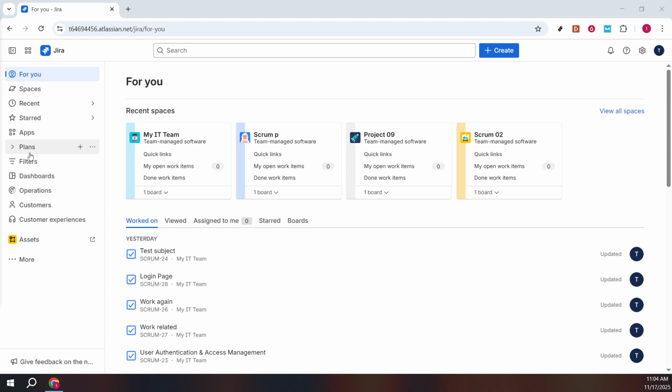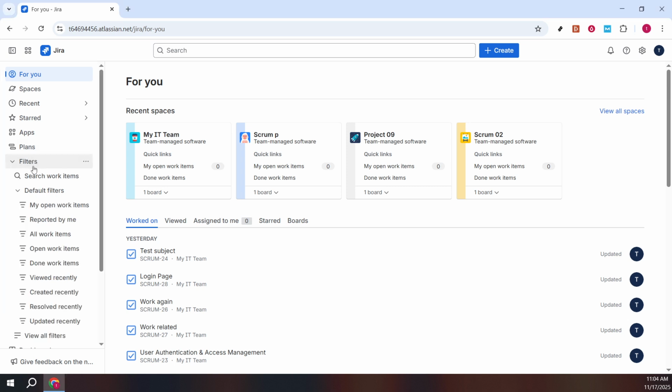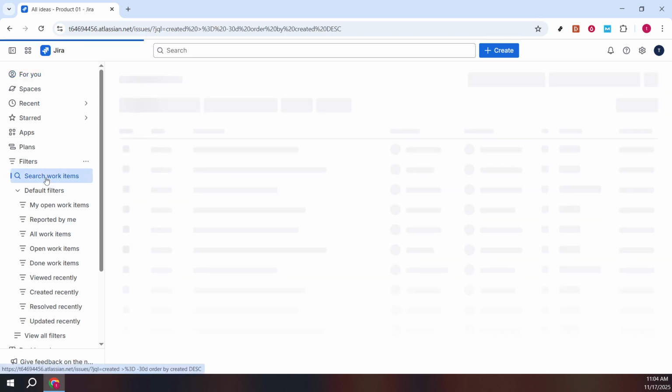Now direct your attention to the left-hand side of the screen and find the Filters option. Click on it. The filter section of Jira is critical as it helps you narrow down your search by specifying particular parameters or characteristics of the issues you're looking for. After clicking on Filters, you'll see an option labeled Search. Click on Search Work Items, and you'll find yourself in the search interface where you can dig deeper into the